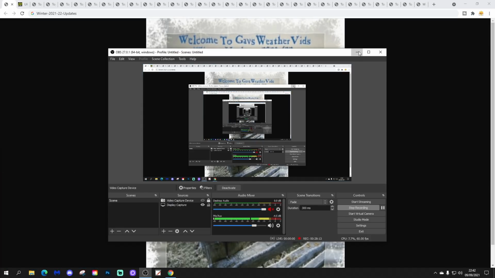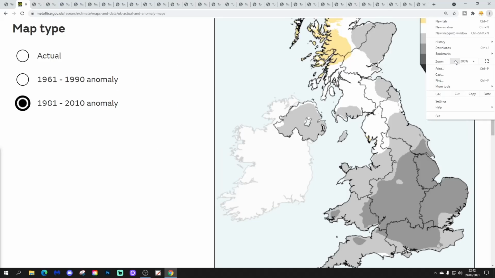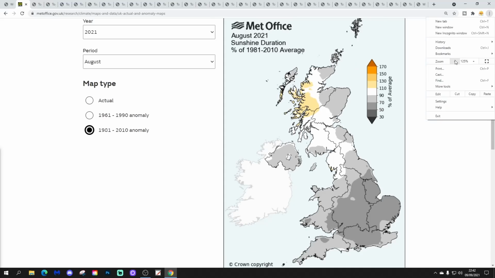Right, okay, let's have a look at this final set of analogues then. For this one, we're going to be looking at sunshine or cloud cover, I suppose. So let's just zoom this out. This is how August sunshine duration looks in terms of anomalies to average, set against the 1981 to 2010 average. You can see that it was a very, very dull August, especially so for England and Wales, but also eastern parts of Scotland as well.